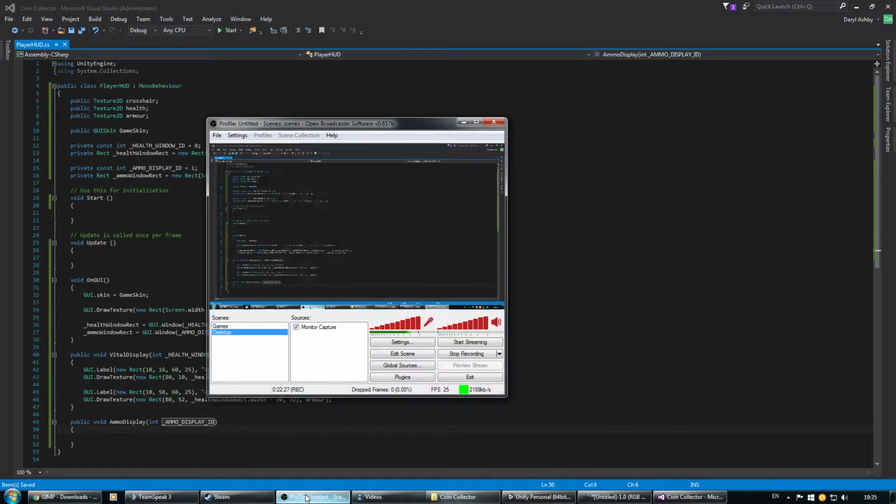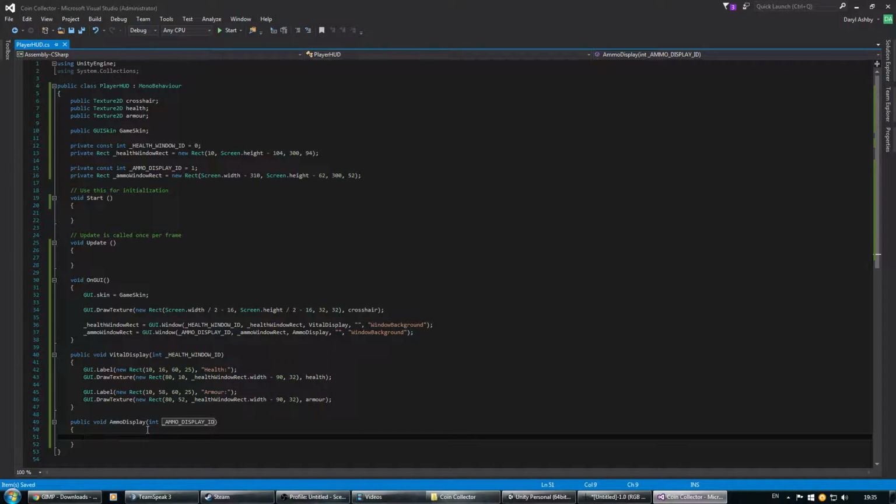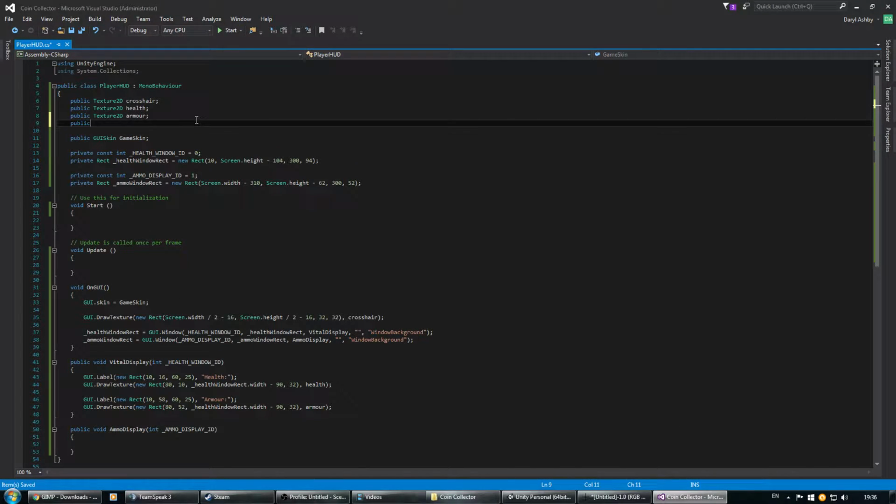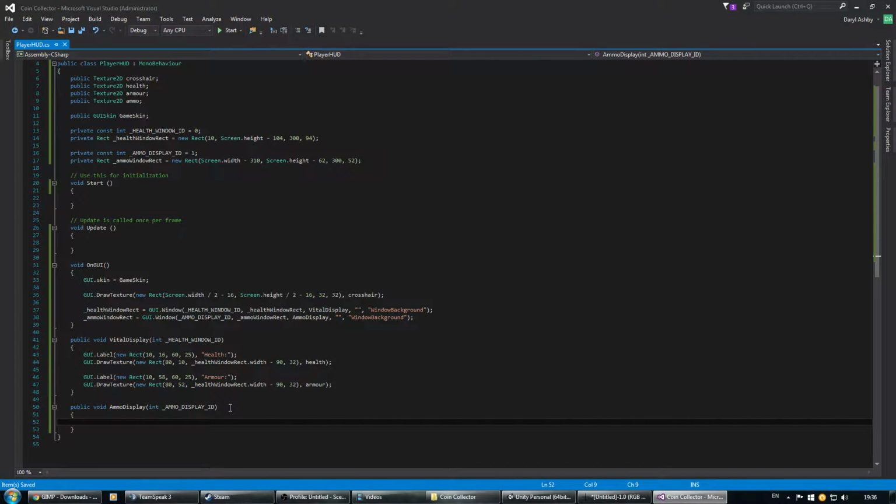Now to quickly wrap up this video, because I believe it's getting quite long, just add the ammo bar in here now. So what I'm going to do is go the same way I did before. Up here, add a public Texture2D and call it ammo. Down here, I don't want anything fancy, I'm just showing the ammo left, so I want to do